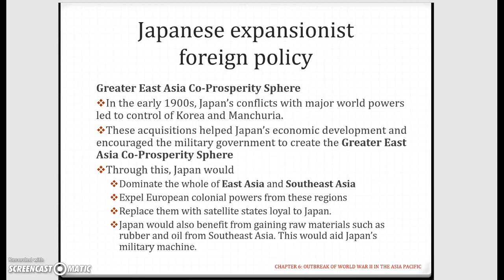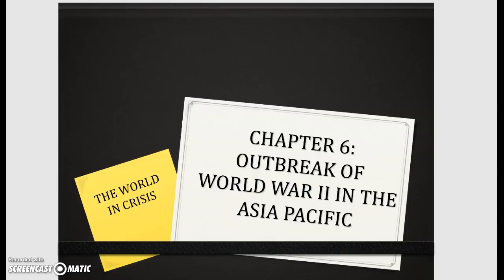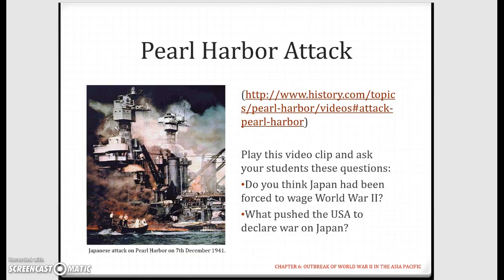Okay, if you're confused by everything I've just said, never mind, then you just ignore what I've just said. Then you start from here, and we'll look at the five factors for the reasons for the outbreak of World War II in Asia Pacific. Now the question to think about, that they have put down here, okay, ignore the Pearl Harbor thing and the video thing. If you want to go to the URL and check out the video on your own, that's fine, although I've never played that video before.